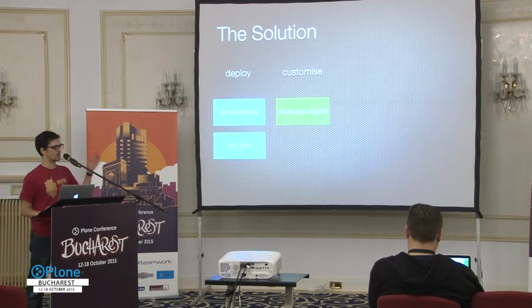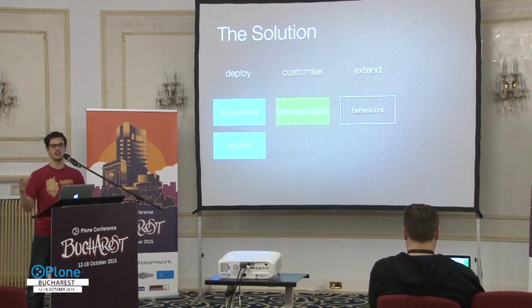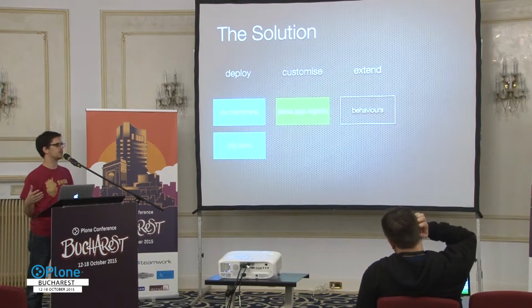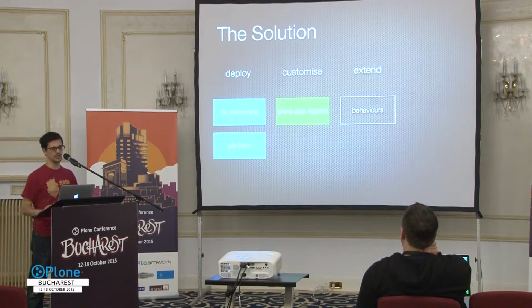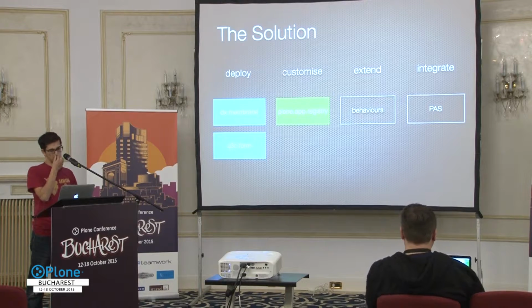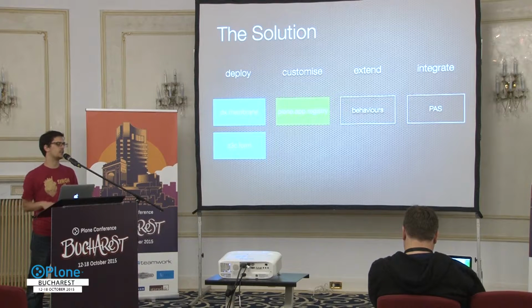The customization on top of that we built is with Plone registry. So there are a lot of registry hooks that you can use to tweak things and hide things. You can then extend, because we use dexterity membrane, you can just add behaviors to your user type if you want to change your validators or make them work in a slightly different way. And then there's also built-in integration options which use PAS, which is the central authentication and user management system. And I'll go into each of these as we go on.